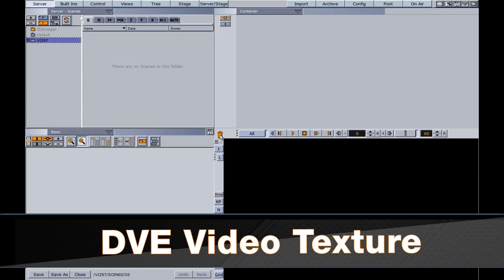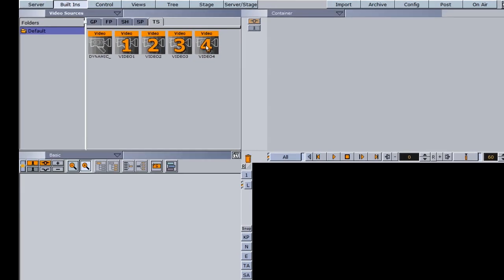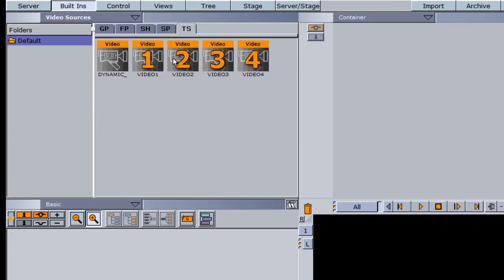It is possible in Vizrt Artist to accept video within your scenes. There are several tools you can use to do this, but within the built-ins tab and the TS folder, there are 4 options here for using video. Now, video 1 and video 2 allow you to pass video through your Vizrt engine to accept a video signal